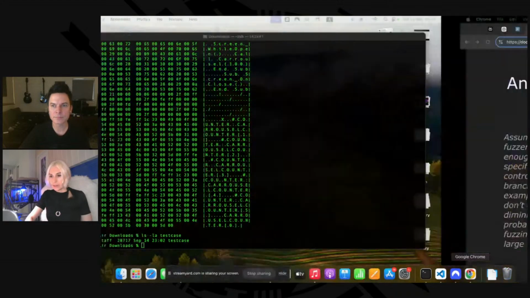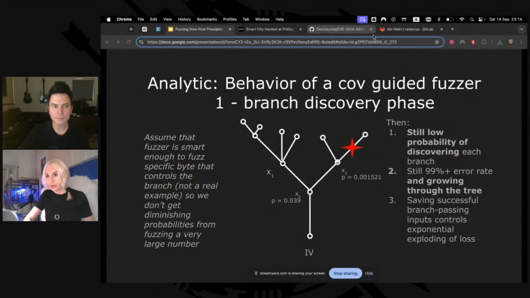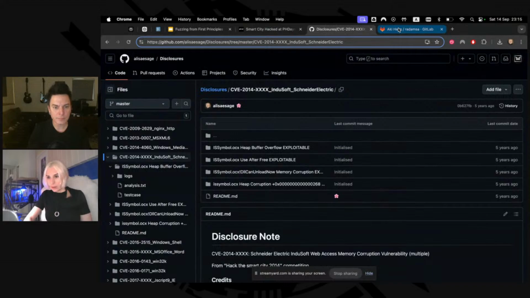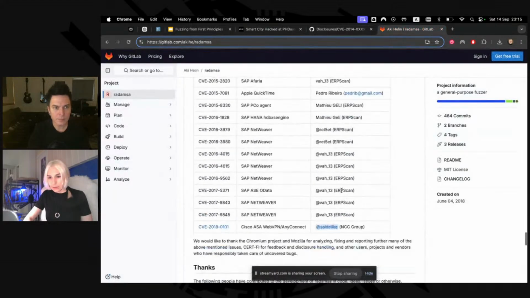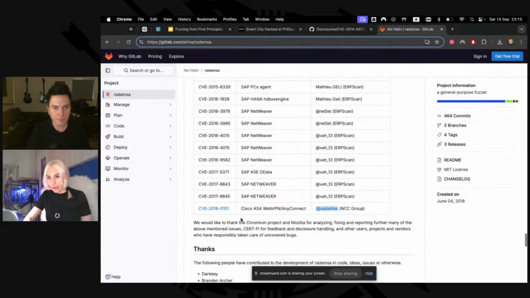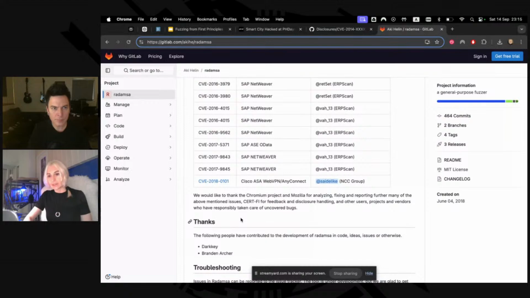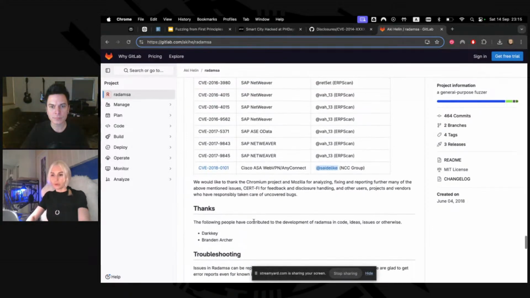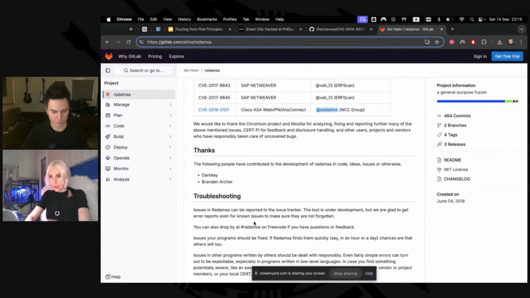So it's a pity that Radamsa doesn't seem to be popular, as the last inputs of vulnerabilities here are quite old. I think this is part of this fashion of smart fuzzers. It's not because Radamsa is incapable or something. It definitely should be more popular. Okay, now moving on to the next sample.